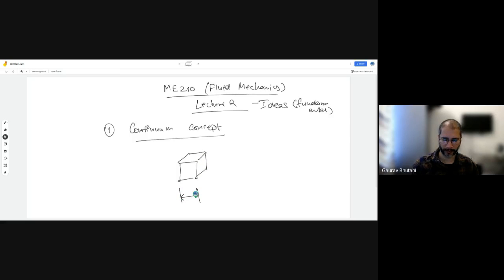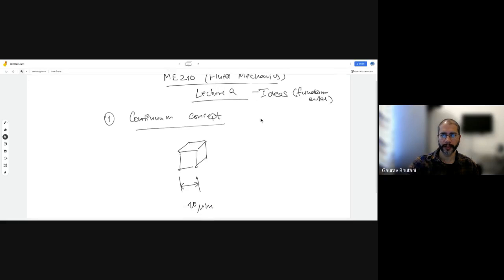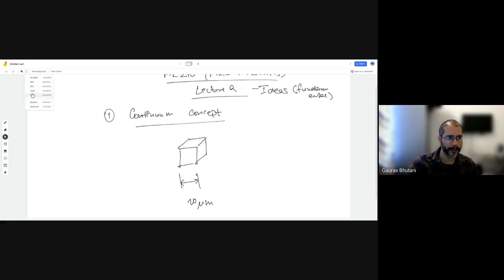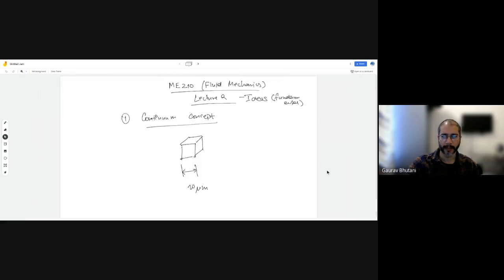So 10 microns is 1/100th of a millimeter. This cube is a hypothetical cube in air, and this cube will end up having around 10 billion